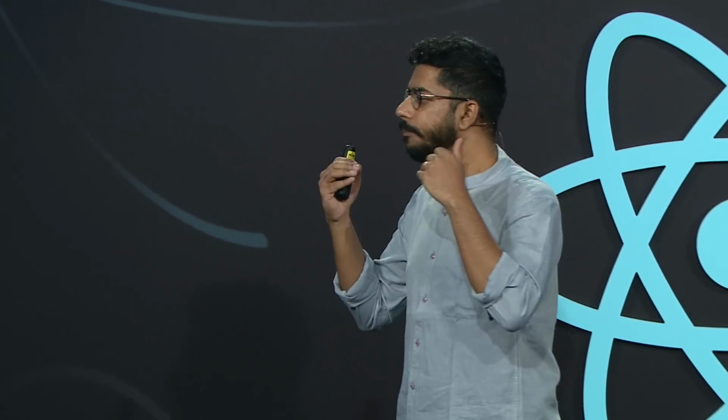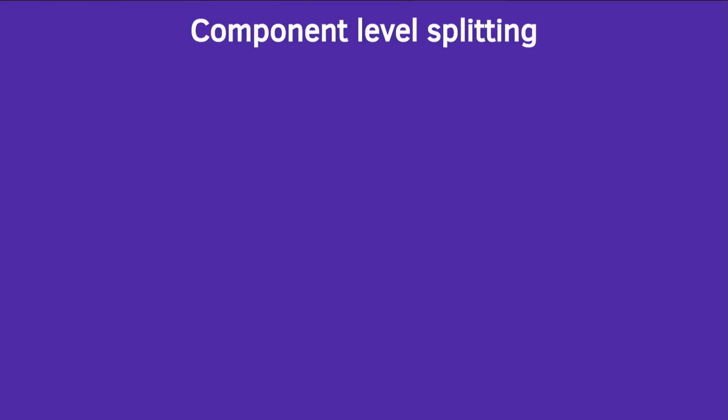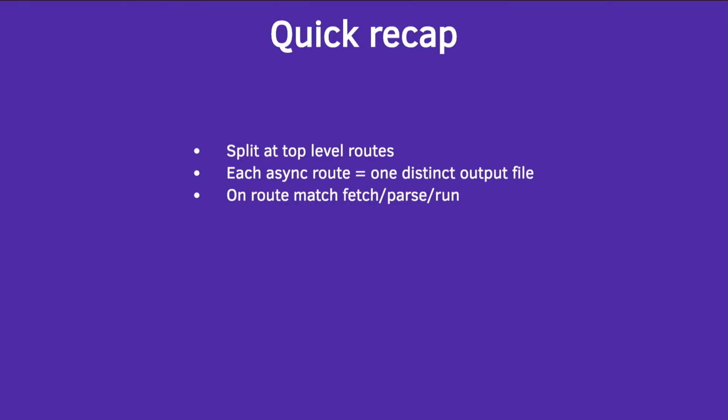With v4, because it's become a lot more components itself, it's a lot simpler. You can build your own abstractions, you can build your own custom logic on top to asynchronously load stuff. So you split at top level routes. Each async route gets spit out as a distinct output file, which is why you need to be careful of code splitting. And then whenever the route is matched, you fetch the component, parse it, load it, and it's visible